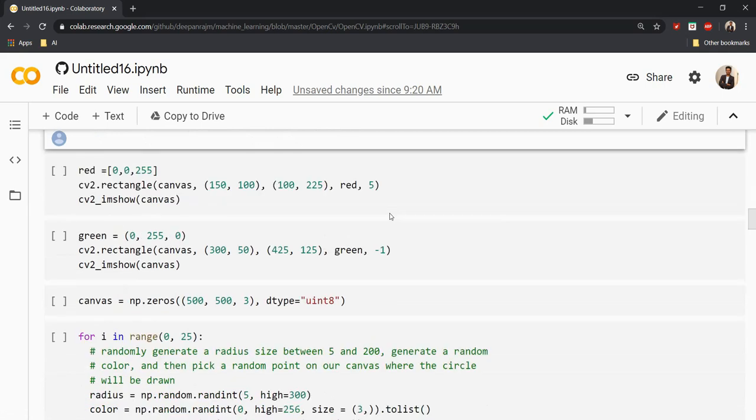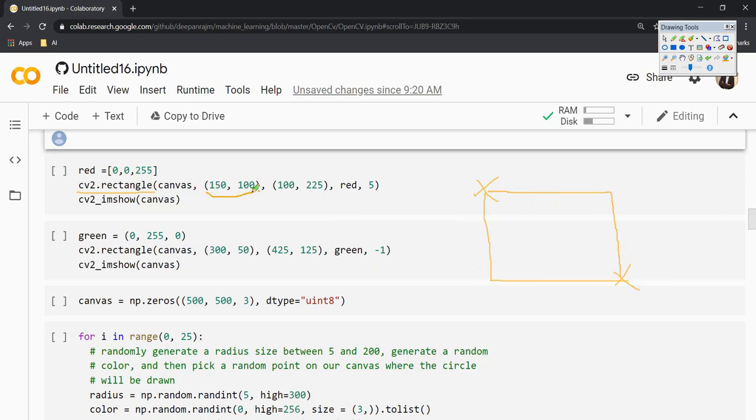So now we are going to see how to draw a rectangle onto the same image. In order to do that, we are going to use the function cv2.rectangle, and to draw a rectangle we just need 2 points, the starting point and an ending point. If I am able to get a starting point and an ending point, I can easily draw a particular rectangle onto it like this.